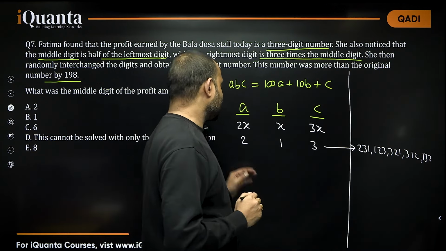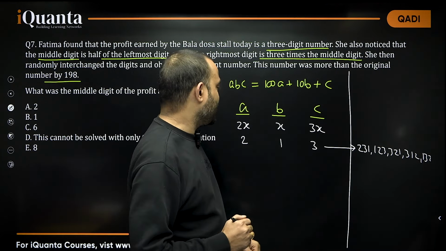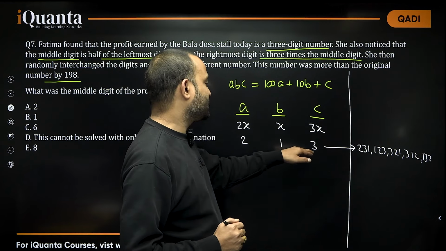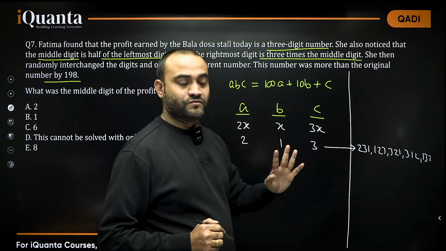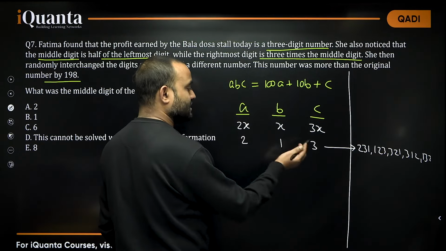None of these gives us the difference as 198, right? You can check 213. So none of these will give us a difference of 198 if you interchange the digits